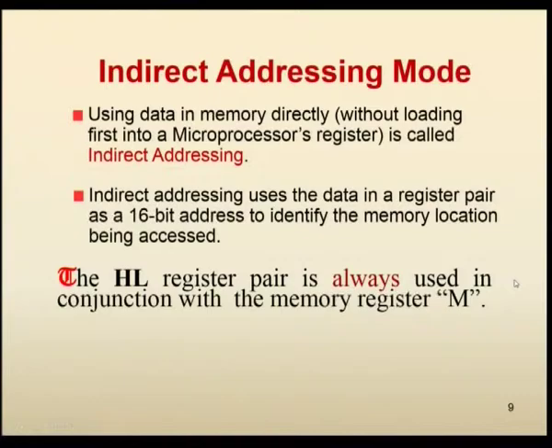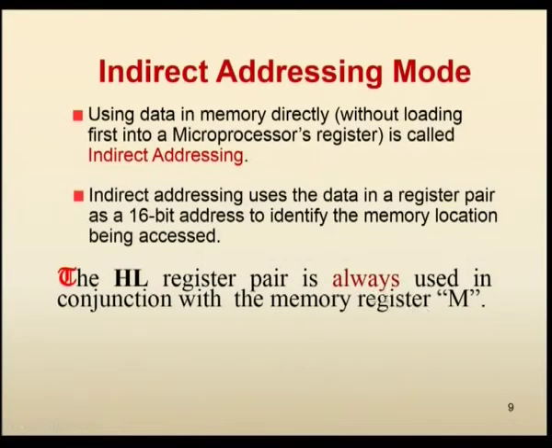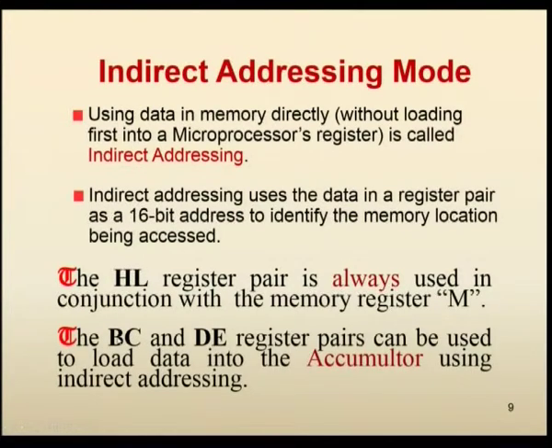The data from that memory location can be moved to any register, or from any register it can be moved to the memory location pointed to by the HL register pair. You can also use the BC and DE register pairs as pointers to the memory location,